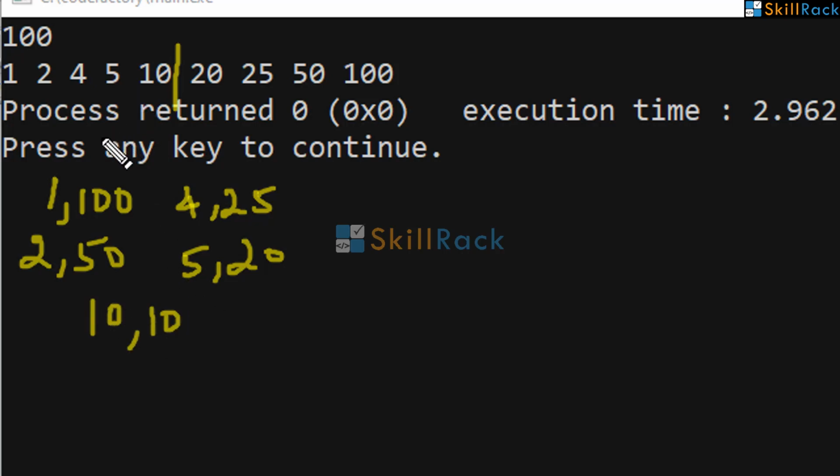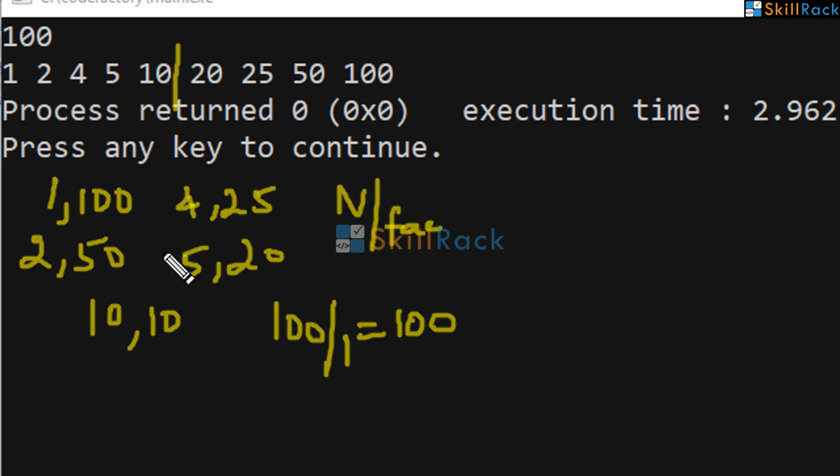Okay. So what we can do is, we can iterate only till the square root of that number. If we iterate till square root, we can obtain the other factor using n by that whatever factor. So when you get 1 as a factor, you can get 100 by saying 100 by 1, which gives 100.